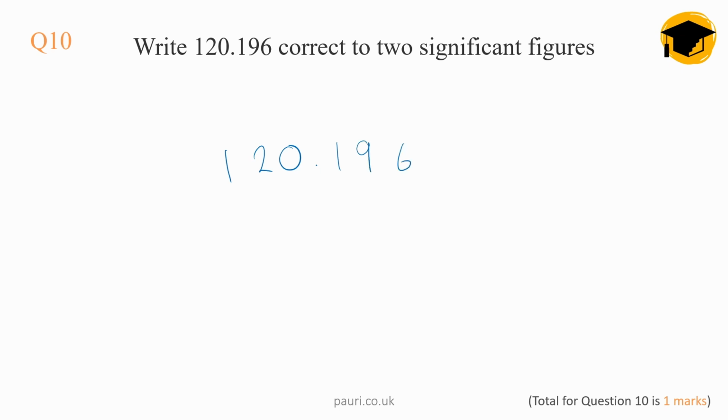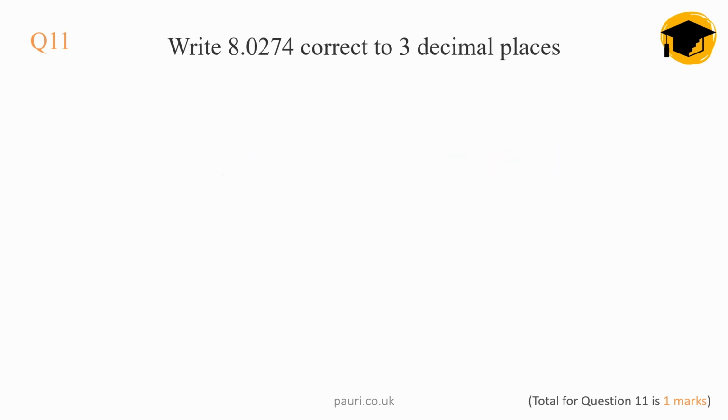120.196, correct to two significant figures. So I've got one figure, two figures. Is the next number 5 or above? No, it's not. So my final answer is 120. Next question,